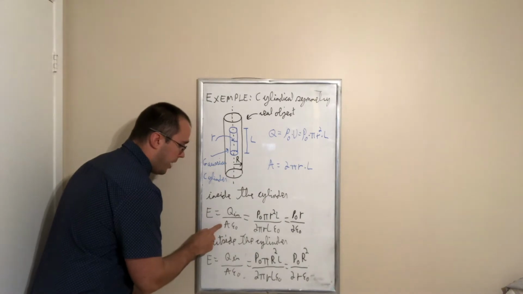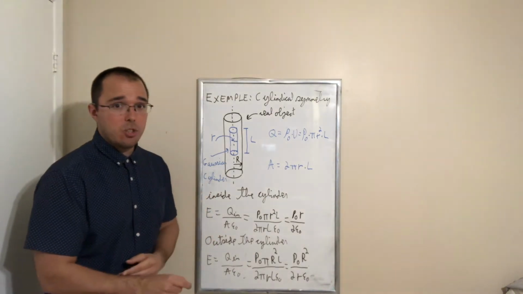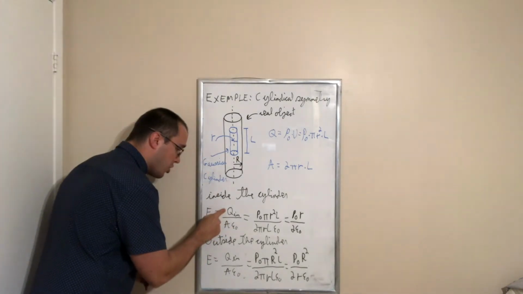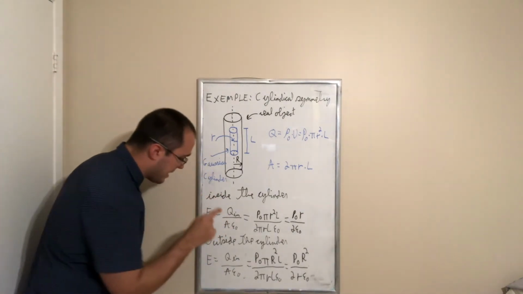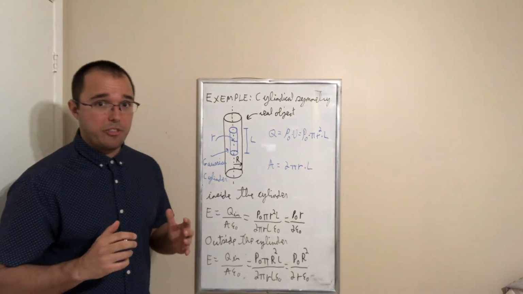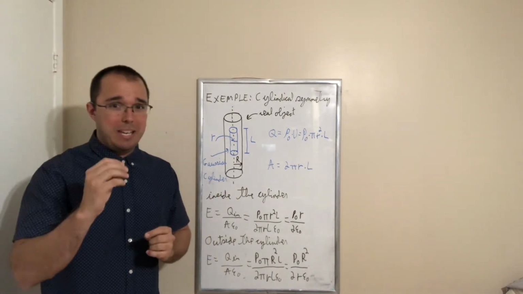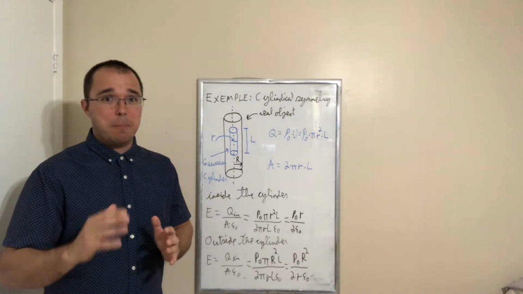The area here is the area of our Gaussian surface. Always in Gauss law section, this is always the charge inside the Gaussian surface. This is always the area of our Gaussian surface. It never changes. These always represent the same thing, and believe me, this is probably the most common mistake